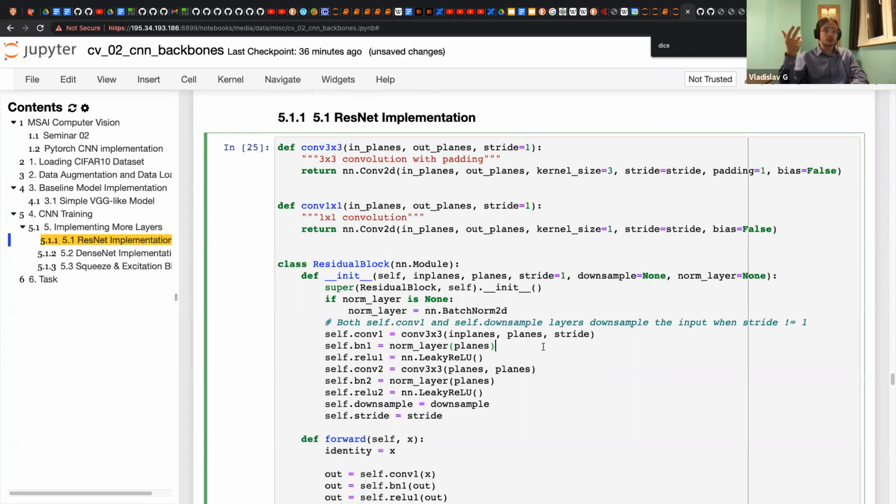This is kind of regularization. I mean, every value of such a parameter will go well because we will compensate it with batch norm.